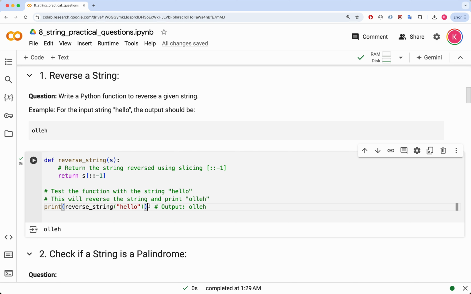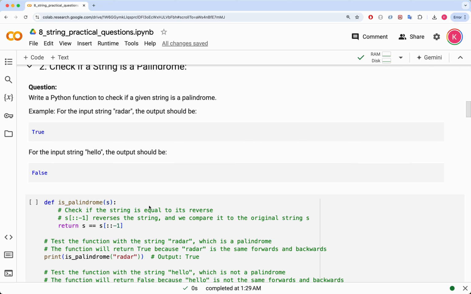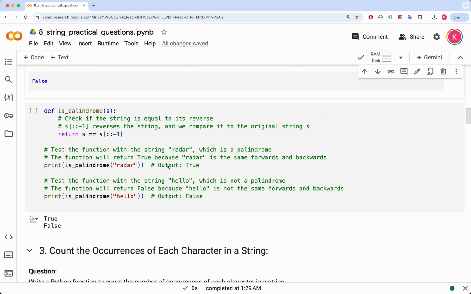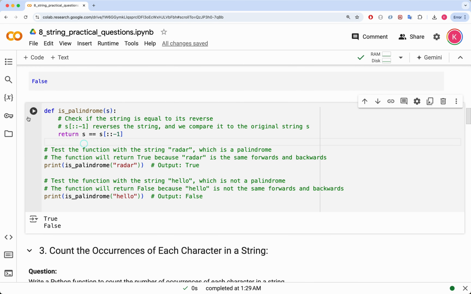2. Check if a string is a palindrome. Question: write a Python function to check if a given string is a palindrome. Example: for the input string radar, the output should be true. For the input string hello, the output should be false. This is_palindrome function is designed to check whether a given string is a palindrome, meaning it reads the same